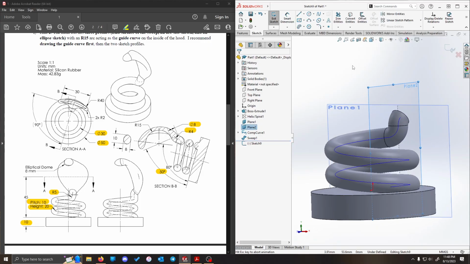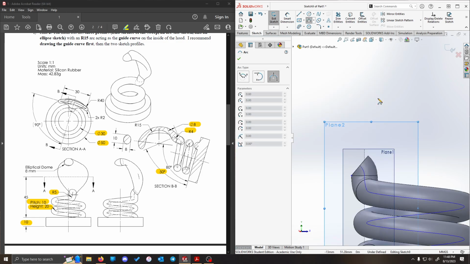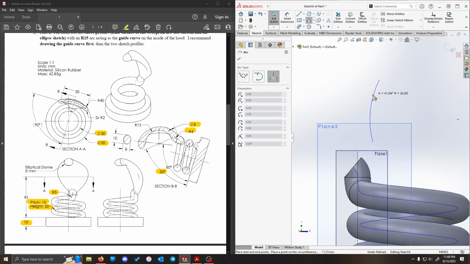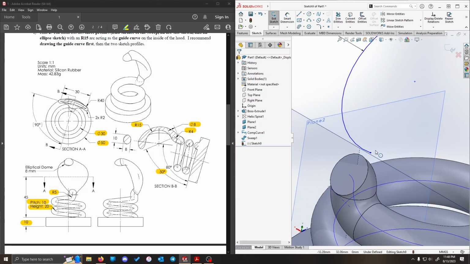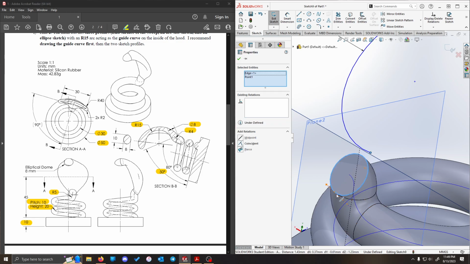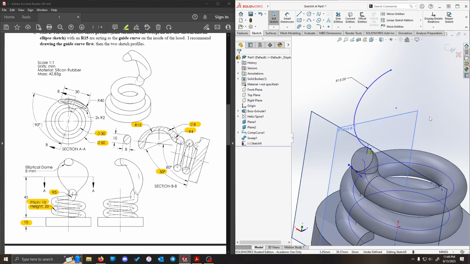So we're going to open up a new sketch on that reference plane, and we'll draw us in an arc, something like that-ish. Now we can go about defining it. So the radius of 15, I'll plug that in first, goes along the inside of the hood of the snake. So that tells us that the start point for this arc is going to need to connect in with the top arc there of our sweep. So we can take the end point and our edge and apply us a pierce relation,